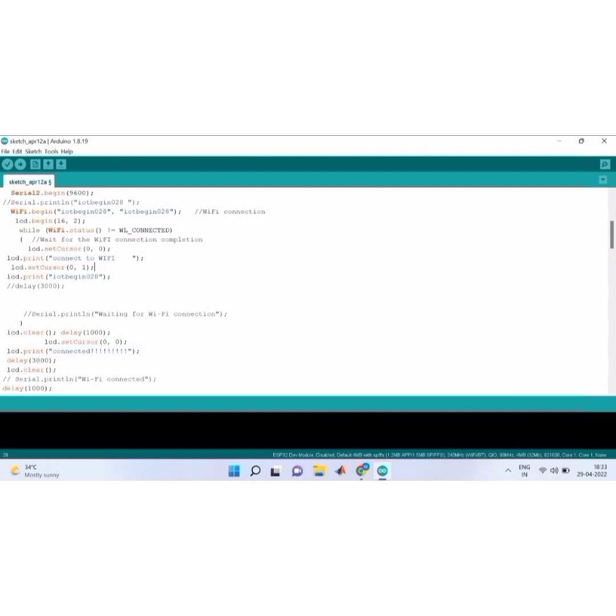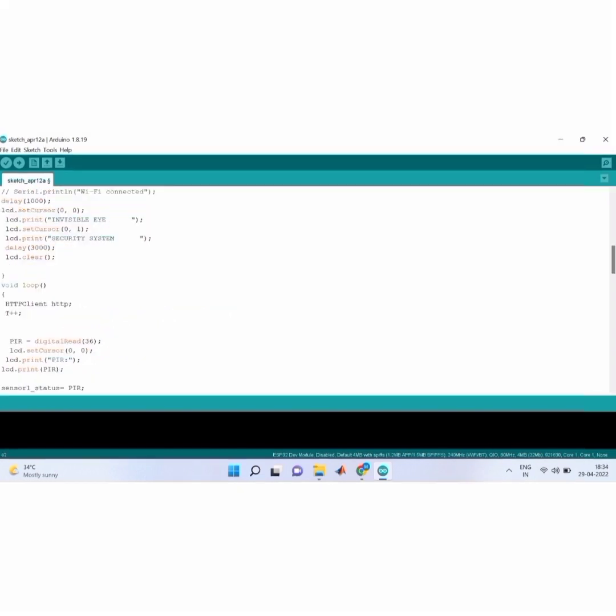Then we are clearing the LCD display by the LCD clear function. Delay function pauses the program for the amount of time specified as a parameter. We are setting the cursor position and displaying "Connected". After a delay, we are displaying our project title as Invisible Eye Security System and clearing the screen using the clear